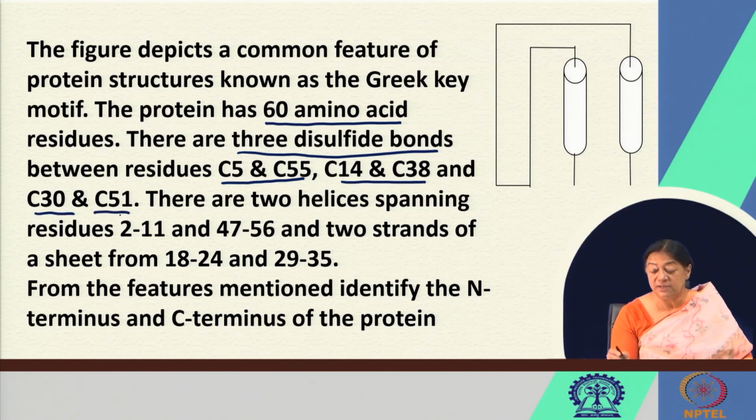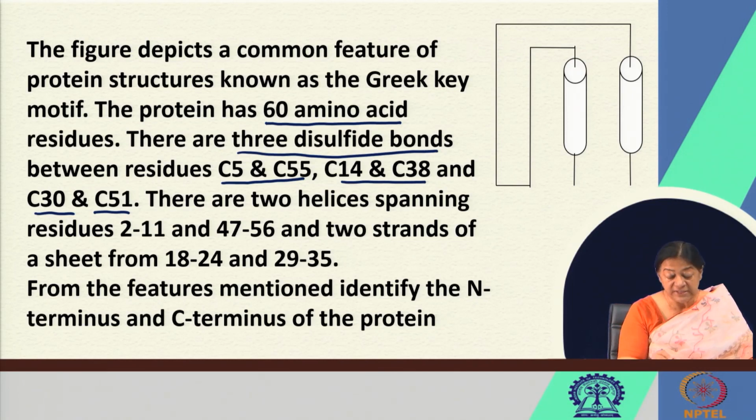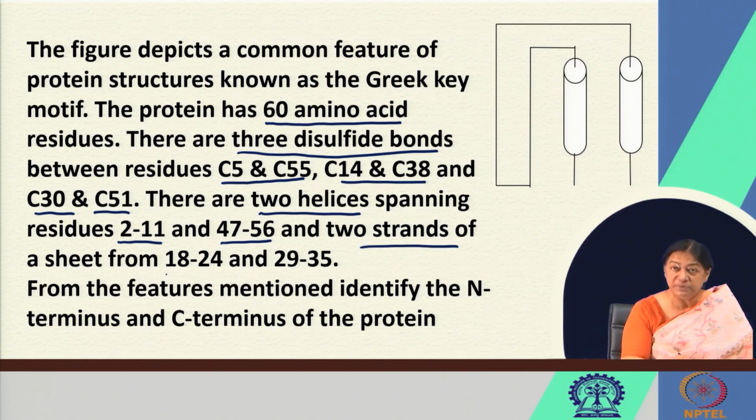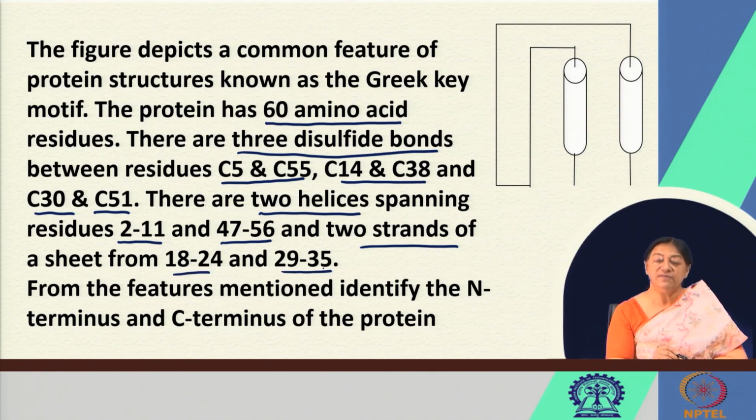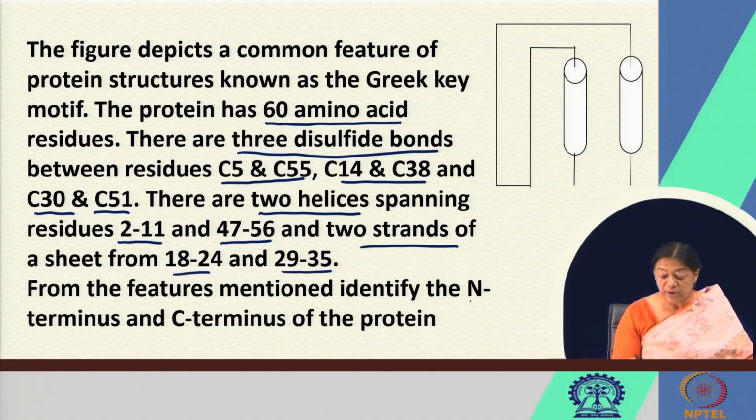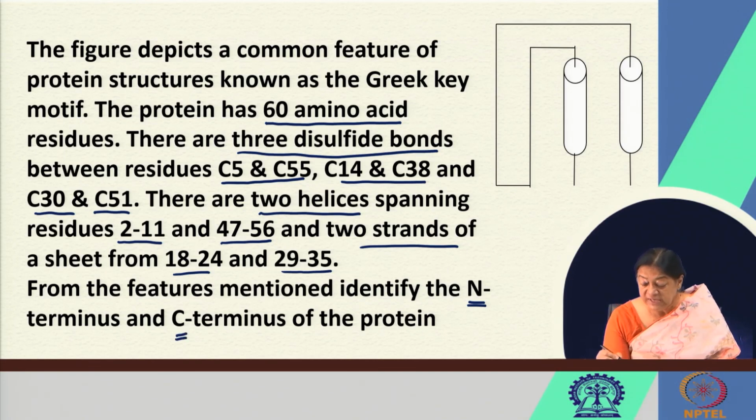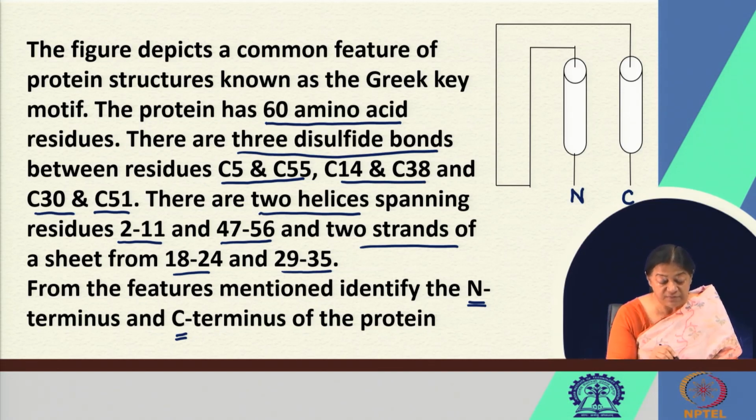As we see in the diagram given on the right, there are 2 helices that span residues 2 to 11 and 47 to 56, and 2 strands that form a beta sheet, from 18 to 24 and 29 to 35. Given this information, we have to identify the N terminus and the C terminus of the protein. We can assume this initially: if we consider this to be the N terminus and this to be the C terminus, and given our information,